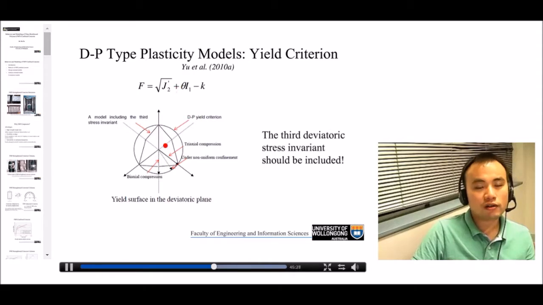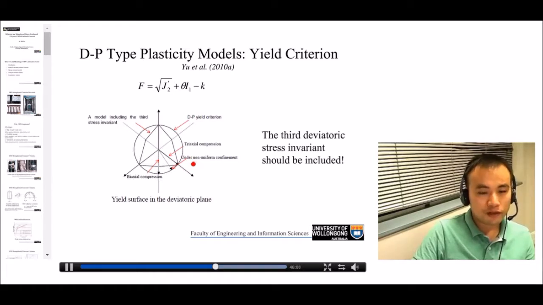If you calculate the value according to results from biaxial compression, then it will underestimate the prediction for triaxial compression. So you can never make both of these two cases right if you use the original DP yield criterion. And for concrete under non-uniform confinement, it's somewhere in between. Alright? This curve. So if you cannot make the two extreme cases right, you cannot predict right the concrete under